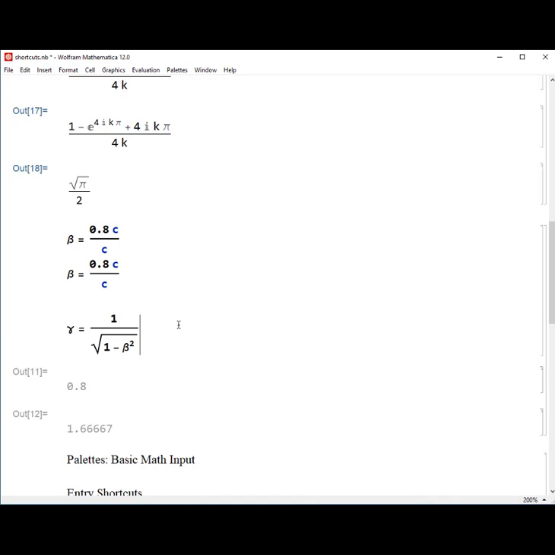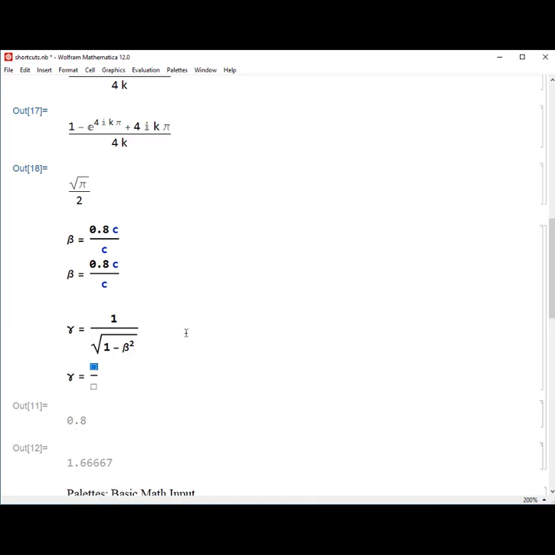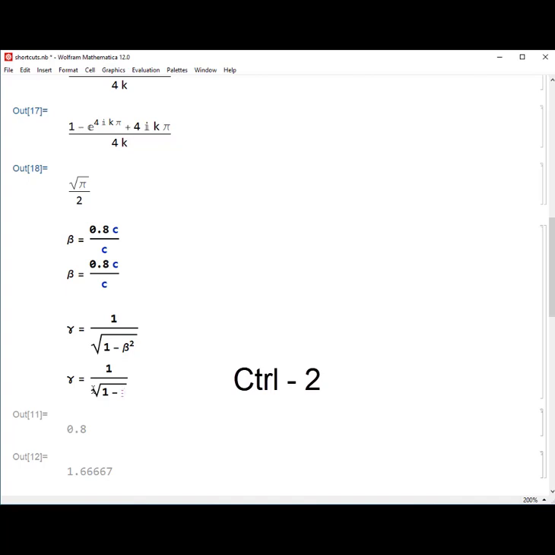And then in order to enter this, escape, G, escape, that's from my gamma, and that equals. Let's go ahead and put in my fraction, so again that's control slash, and then I'm going to put a 1 in the numerator. Then in order to get my square root, I'm going to use a control sequence, control and the number 2, and that gives me my square root, and we'll put in 1 minus escape, B, escape. Then I'm going to do control 6 for the exponent, and that gives me 1 minus beta squared,